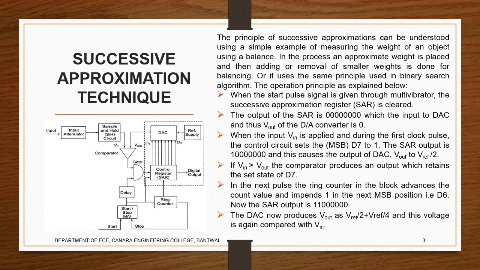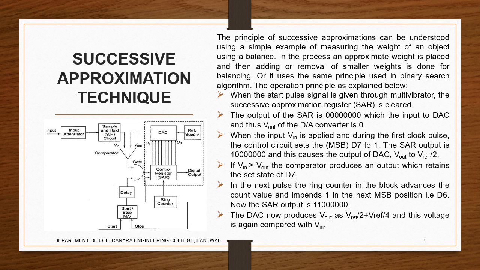That is given to the input attenuator and the sample and hold circuit. We'll look in detail at the sample and hold circuit in the next PPT. Vin and Vout are compared, where Vout is from the SAR, digitally converted to analog. That is provided to the gate, and that feedback is again taken and given back to the SAR register. The clock signal is usually generated from a multivibrator. Now first we'll consider two cases here. Generally I will explain here, then I'll go through a table.